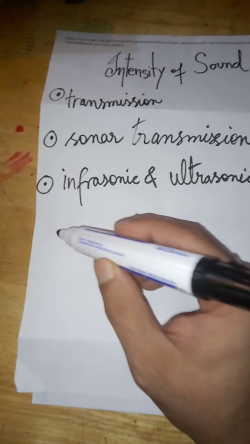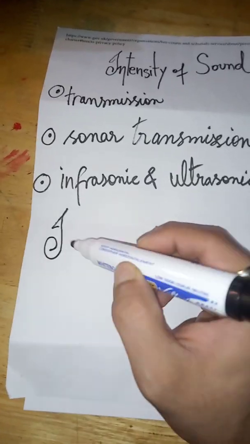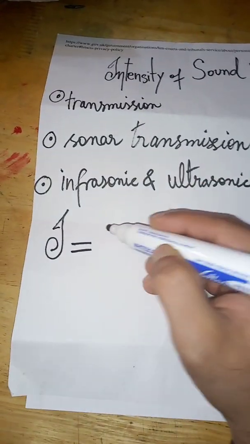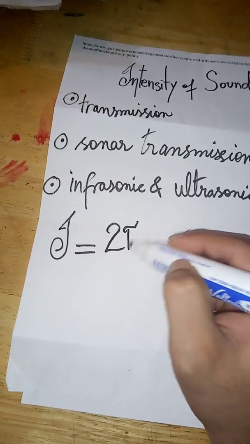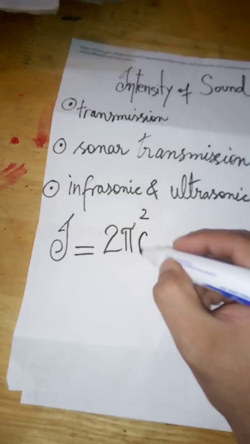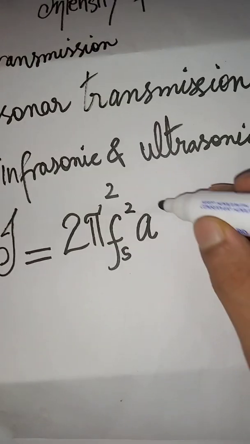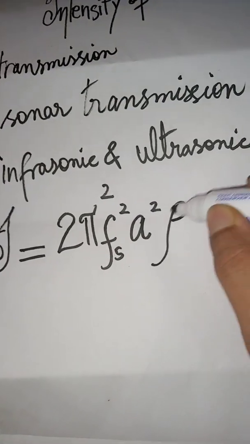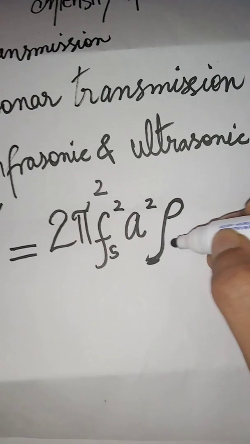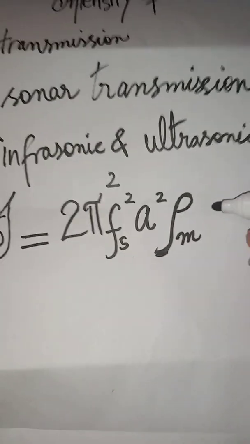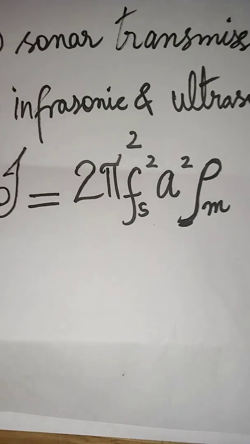So the first one, the formula with which you identify it is intensity equals 2 pi squared times frequency of sound squared times amplitude of sound squared times density of the media through which it's being transmitted, and then the velocity